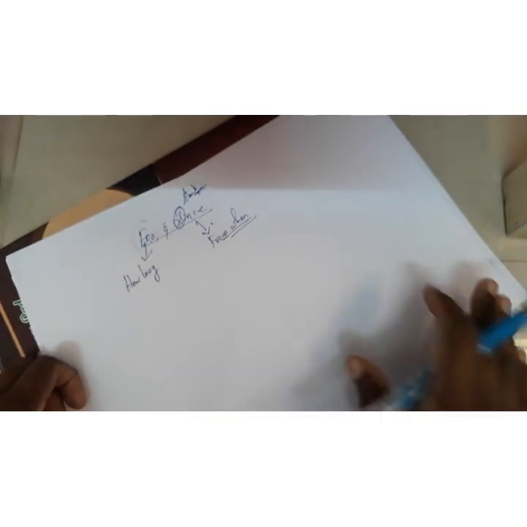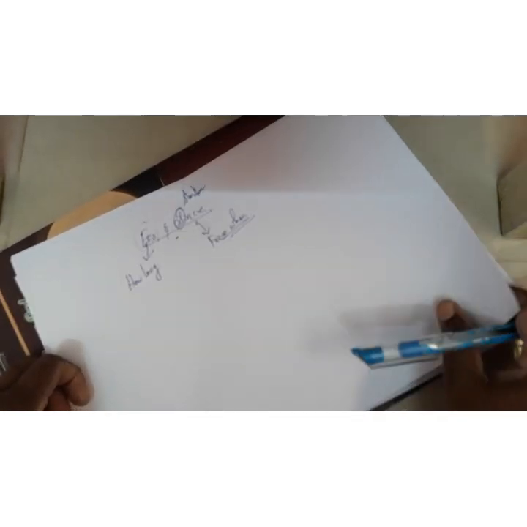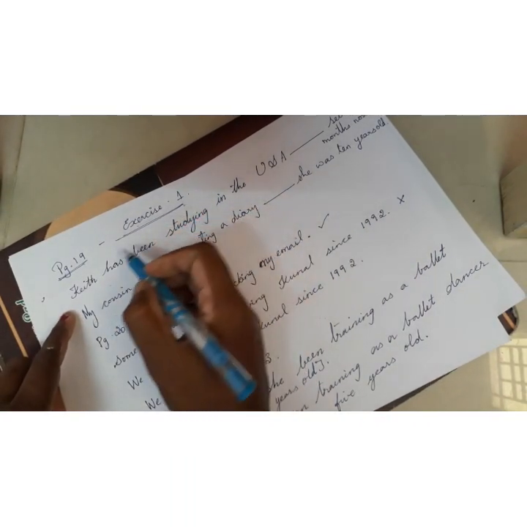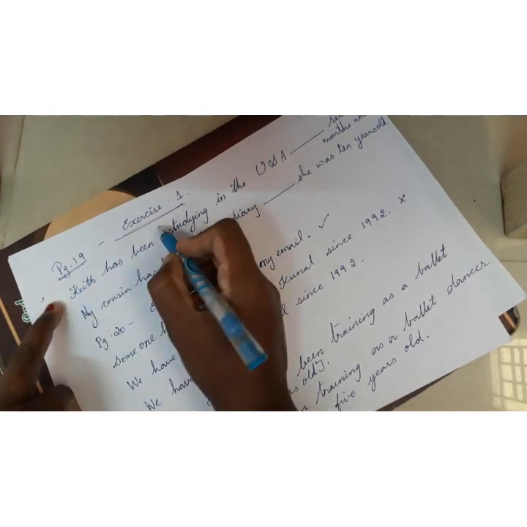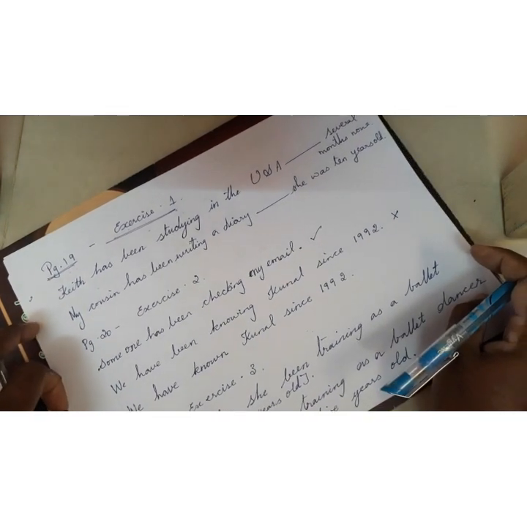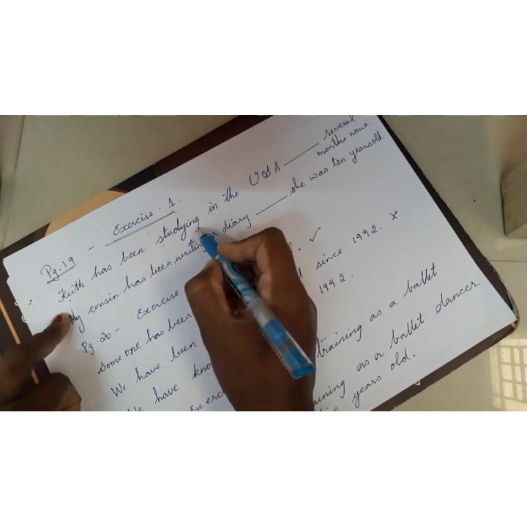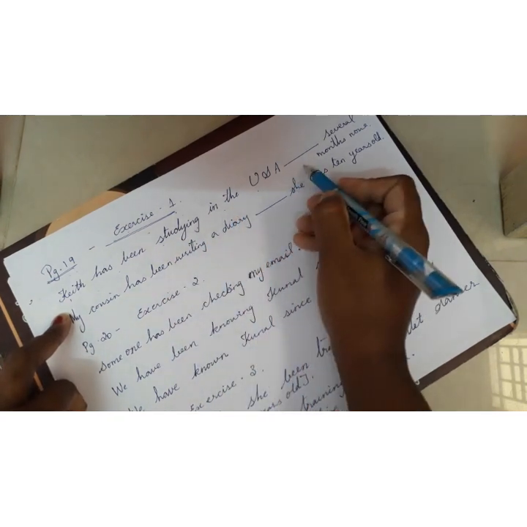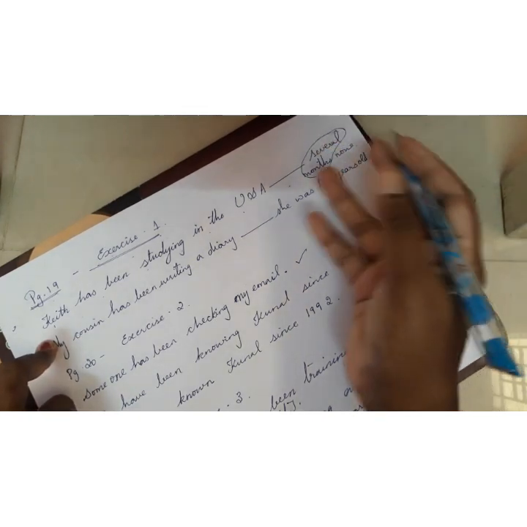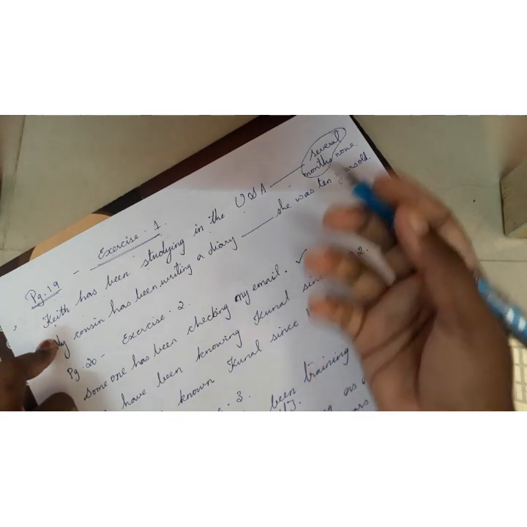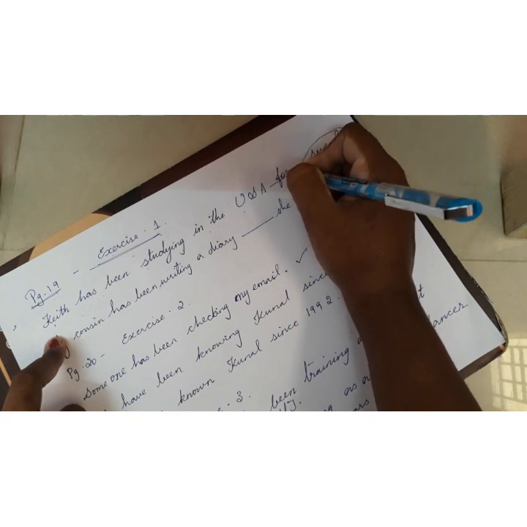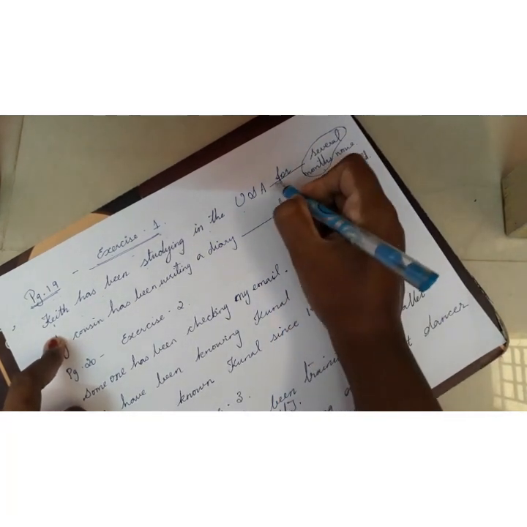So let us move to the examples now, dear children. Take your grammar book, page number 19, exercise number 1. The first one is solved for you. For the second one, let me give you an example. Kate has been studying in the USA dash several months now. Several months have already happened, so it collectively says how long. What do we need to use? For.